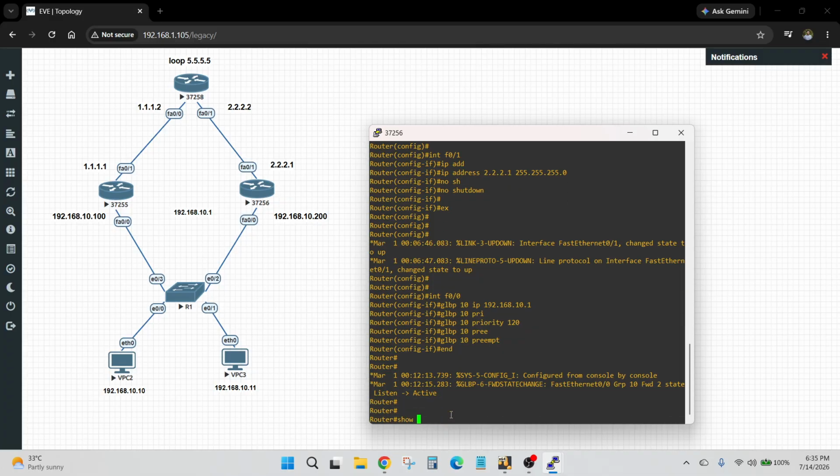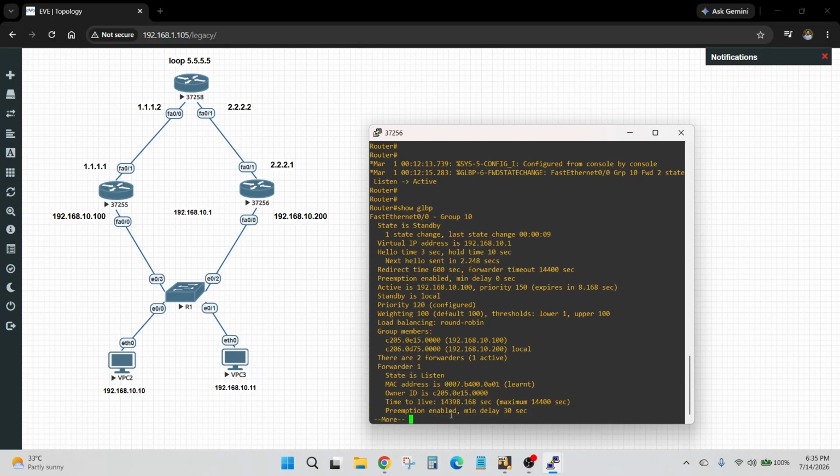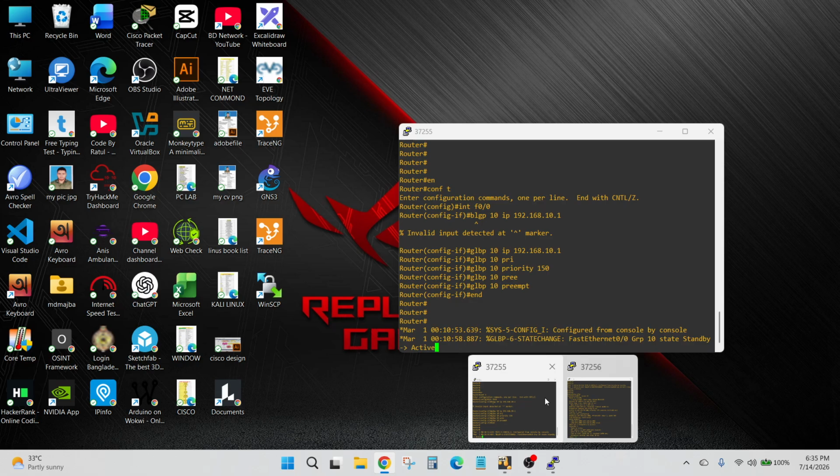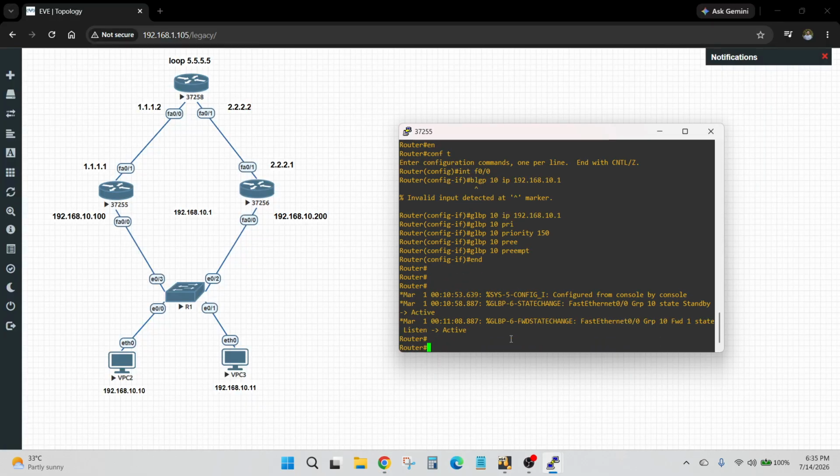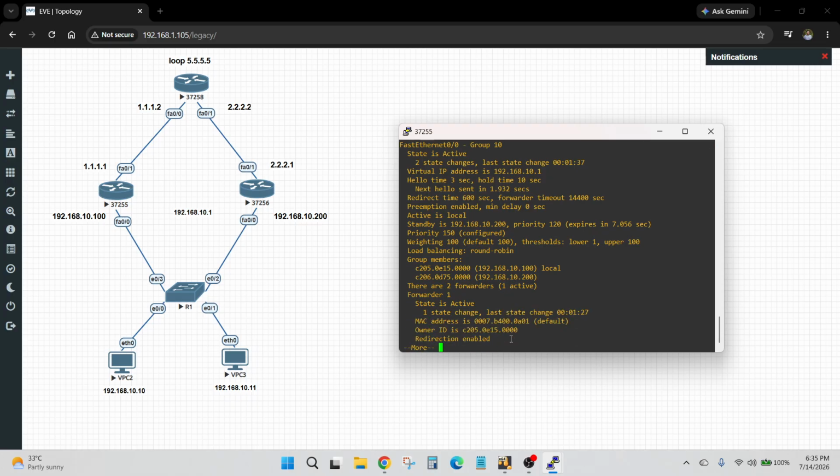Show GLBP. You can see one state is standby. This router is standby. Now you check show GLBP on the other, and this router is active.